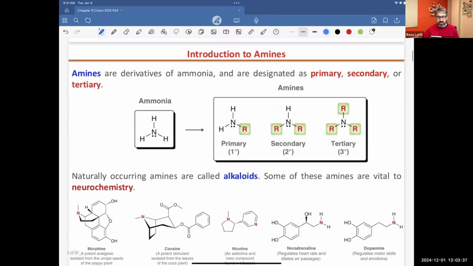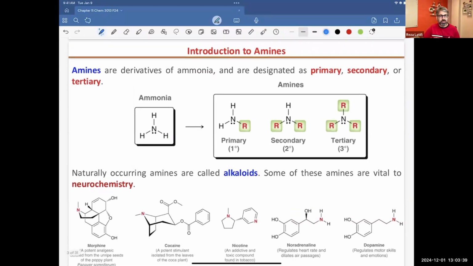In this lecture, we will be talking about the amines, and we know these are compounds that are technically derived from ammonia. We have a nitrogen attached to a carbon backbone, and nitrogen can carry two hydrogens or less. If it's carrying two hydrogens, we will call it primary. One hydrogen, it will be secondary, and if it's attached to three carbons, in that case it will be a tertiary